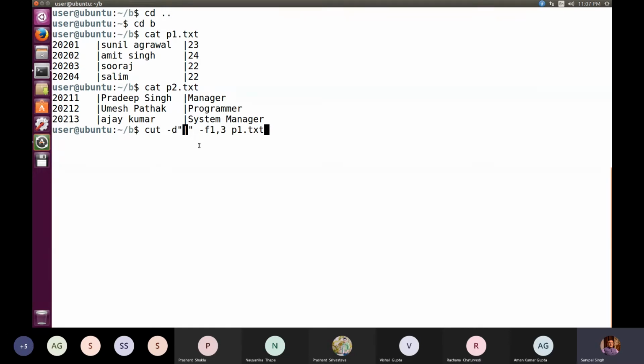So this convention we have followed throughout the file. Here this pipeline symbol is being used as a field separator. This is very important: you have to mention which character you are using as a field separator. Normally we choose a character as a field separator which does not normally come as an ordinary character in